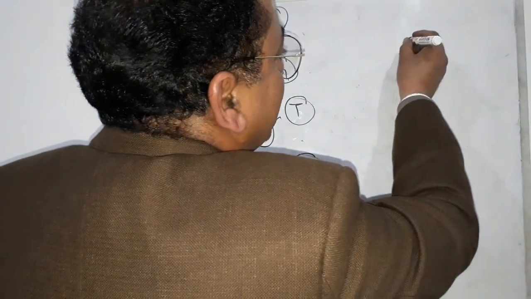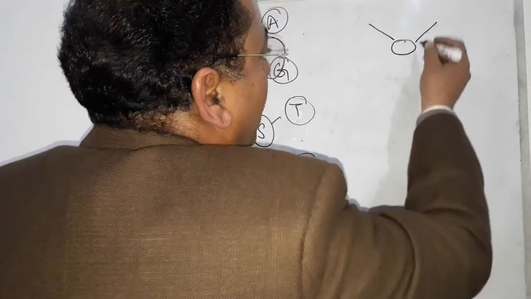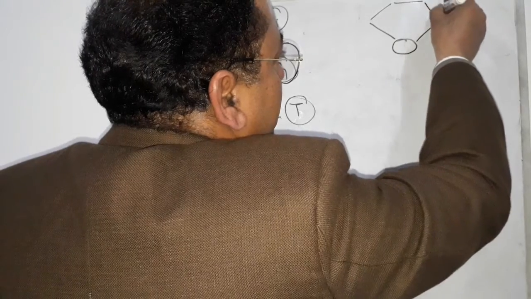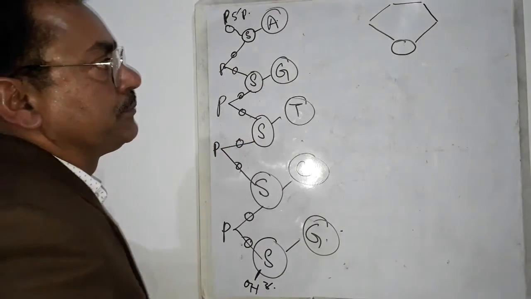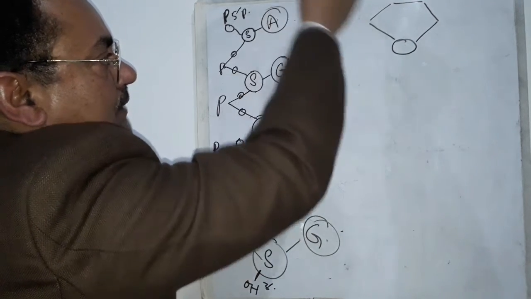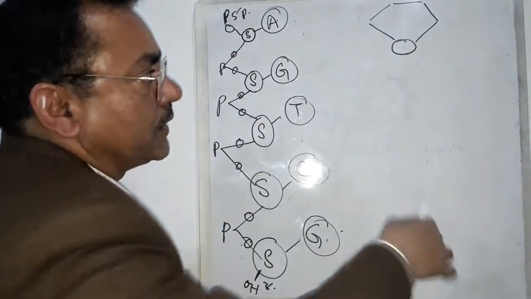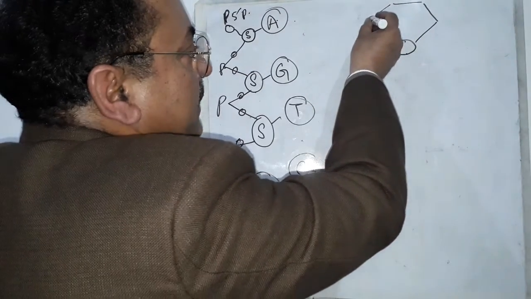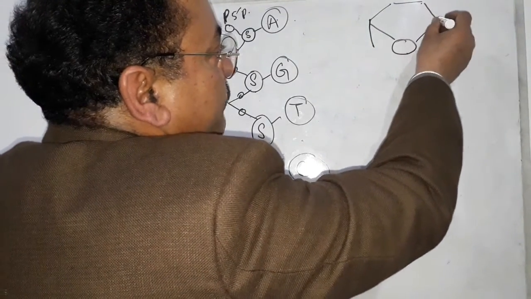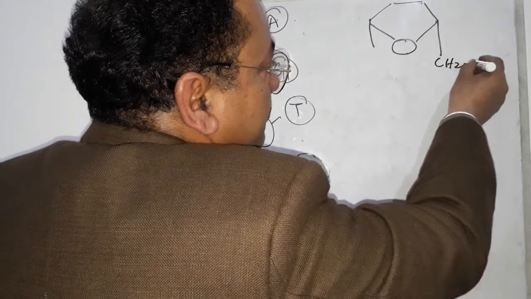and you have to draw them like this. This is the oxygen of the sugar molecule, which is to be drawn like this. Its oxygen was towards the upper side, and now the oxygen of this sugar we have drawn downwards. So this will be position 1, second position, third position, fourth position, and this is the fifth carbon, CH2OH.